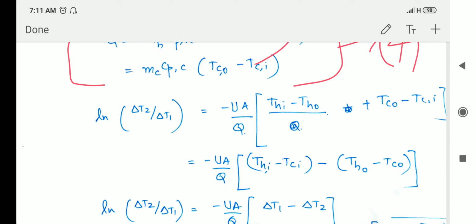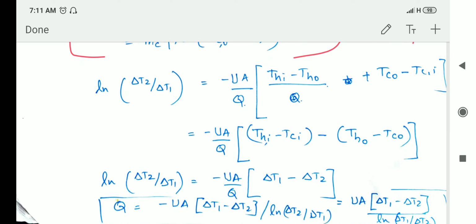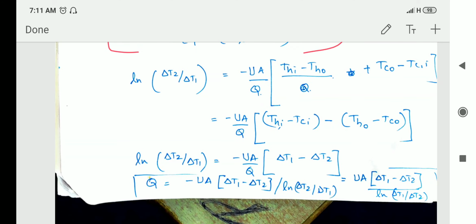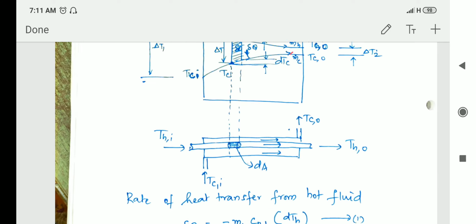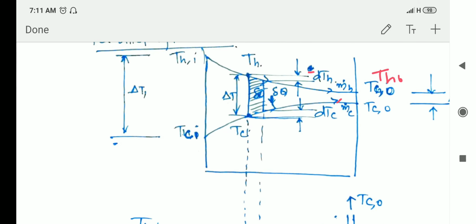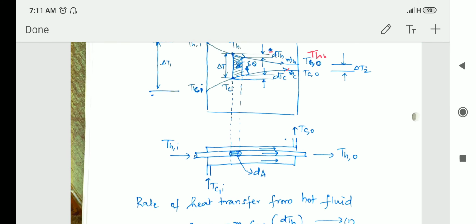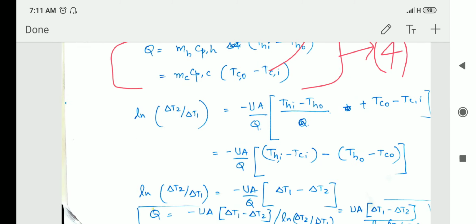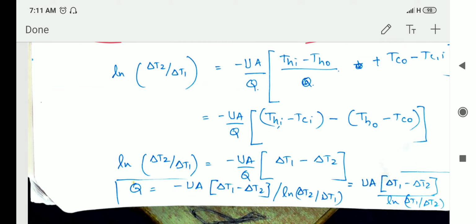So actually we have arrived at our equation, just need to simplify some more. Now let us group these Thi and Tci. Let me group that together, minus of Tho minus Tco, just regrouping. But Thi minus Tci, we will go back to our figure. Thi minus Tci, it is actually delta T1, right? And Tho minus Tco is our delta T2. So this is actually delta T1 minus delta T2, right?